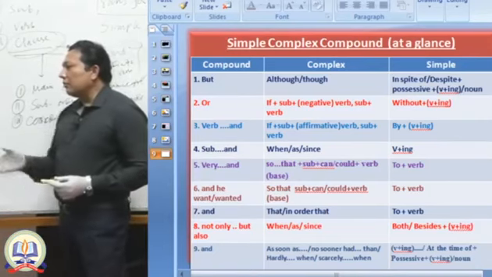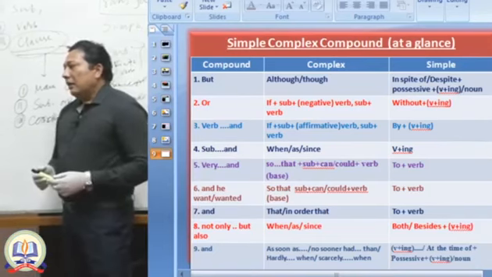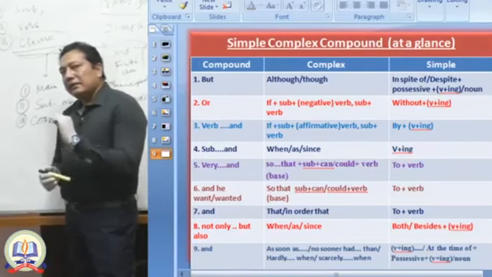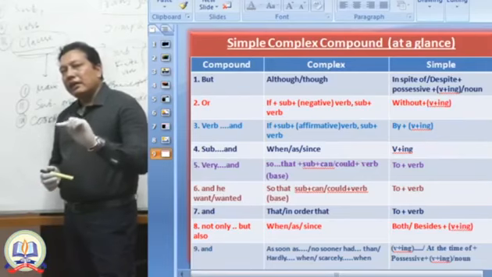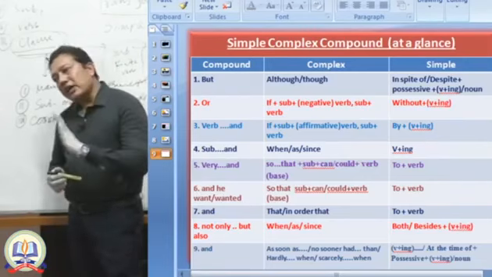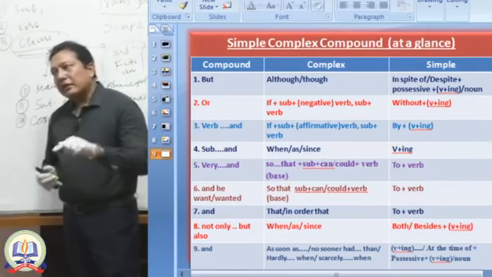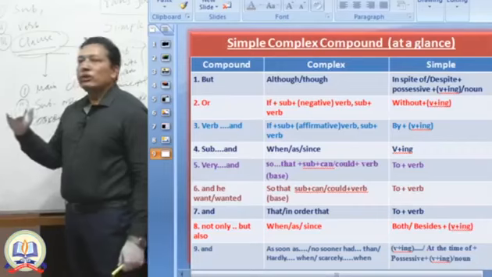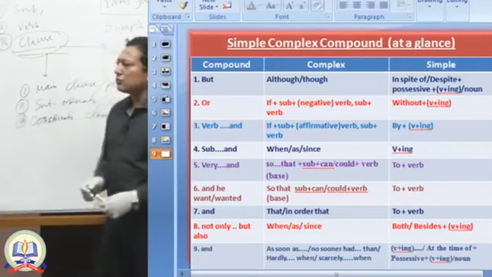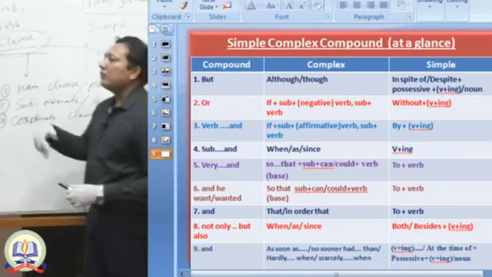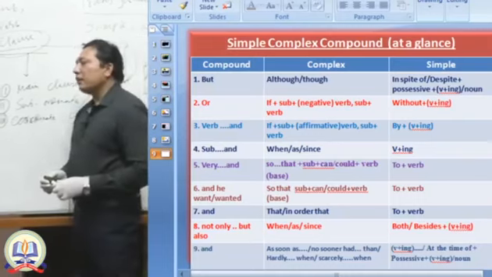Next, "and". If here it is "and", it indicates that you are getting the affirmative sense. Affirmative sense. Do and die. That means you have to do, you have to die. There is no negative sense here. So for this affirmative sense, you will write down if plus present plus future, and of course you will ensure the affirmative form of this sentence to make a complex sentence.